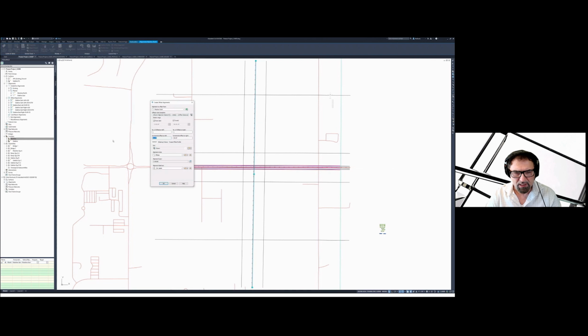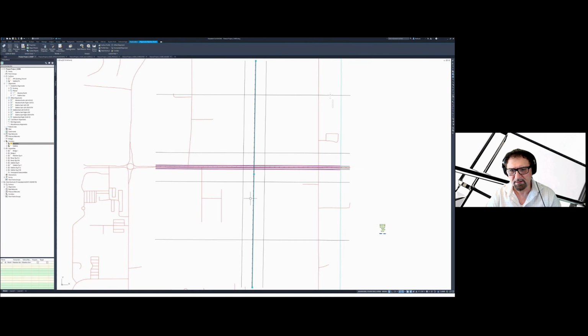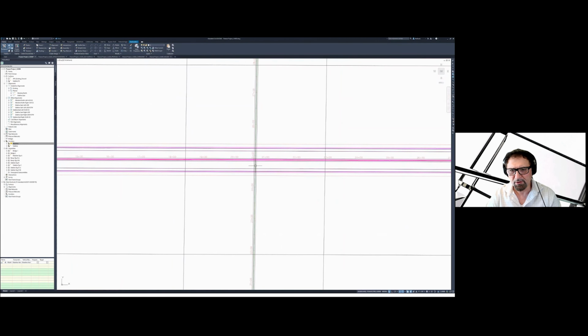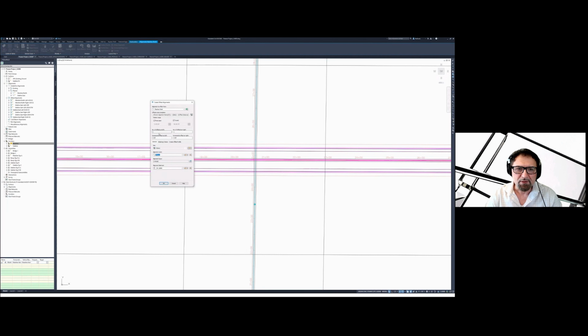So each one on the left and right, we'll go with 4 feet first, using the offsets, and simply let the software complete that step. Then I'm going to go in and do another 2 actually, and those will be, like I said, from the assemblies. Those will be at 28 on each side. Now they will be edge of travelway.